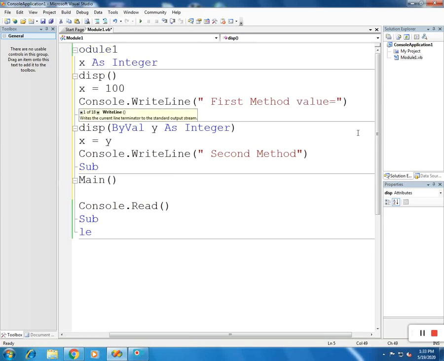First method value is equal to value of x, and again value is equal to value of x.